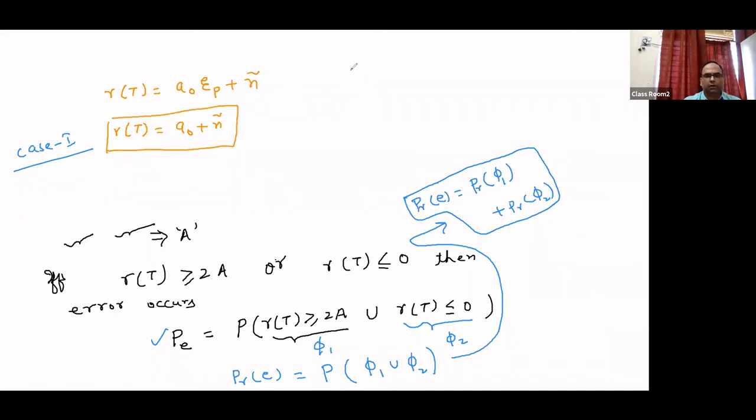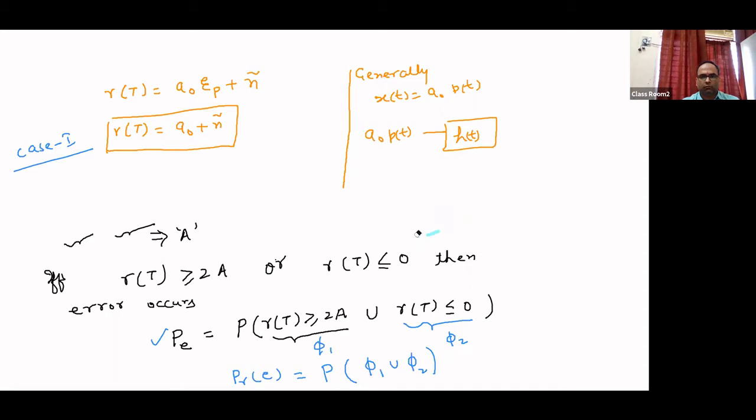So for example, generally in PAM, how can we transmit our signal? We can transmit our signal like x(t), which is A naught p(t), where A naught is the amplitude and p(t) is a pulse. If this pulse is passed through a matched filter receiver, this transmitted symbol comes to the receiver, and the receiver is a matched filter. So A naught p(t) is coming to the matched filter, right? This is h(t), the response of the matched filter.